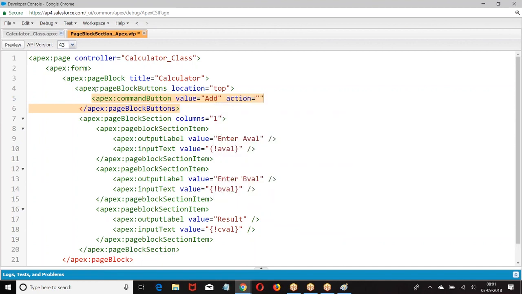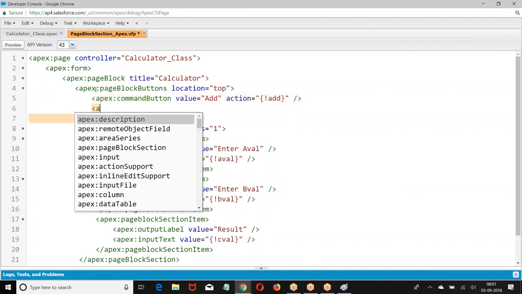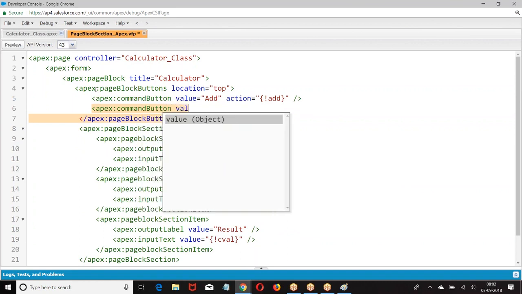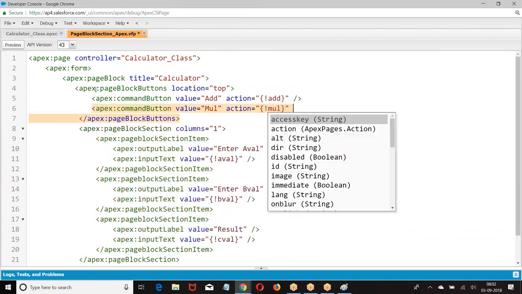When you click on this button, what is the action we are giving? Action is multiply.